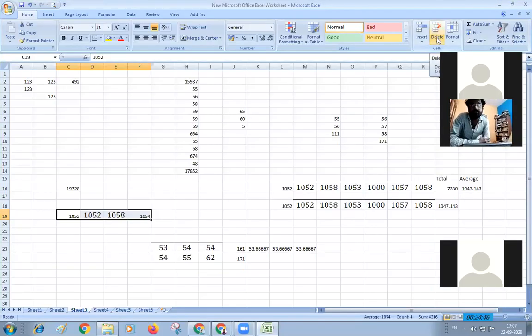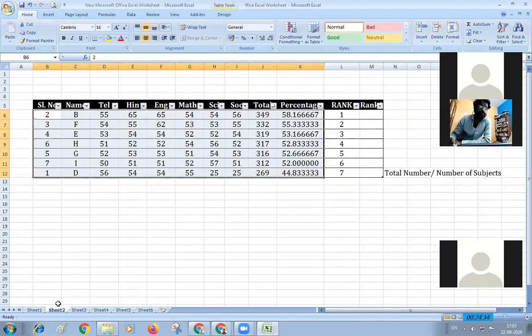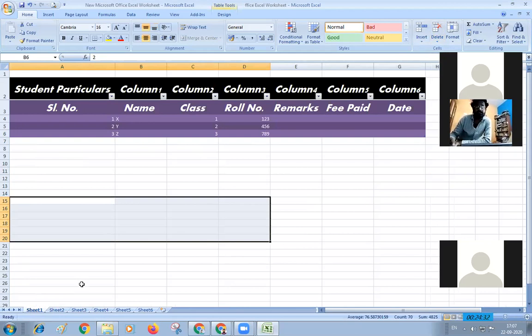This is a screen which we have seen yesterday. This is what we have done yesterday. We have done how to make additions, how to make deletions, and how to make the sum of numbers and the average of numbers. We also saw how to format the table and what the contents are. Now, also seen something about sorting and filtering.